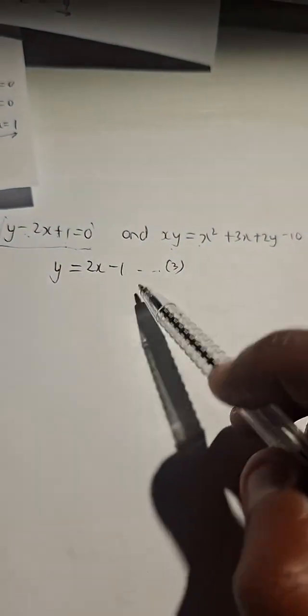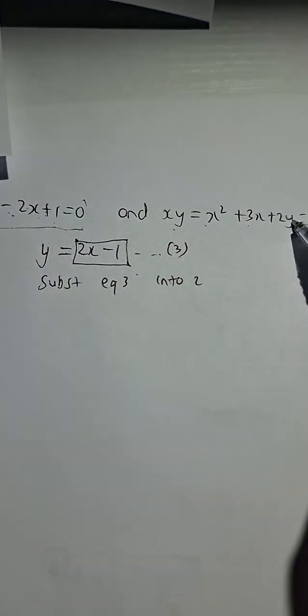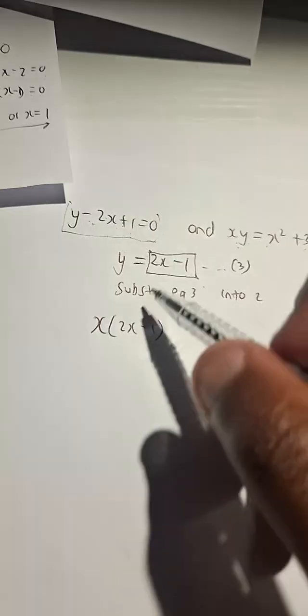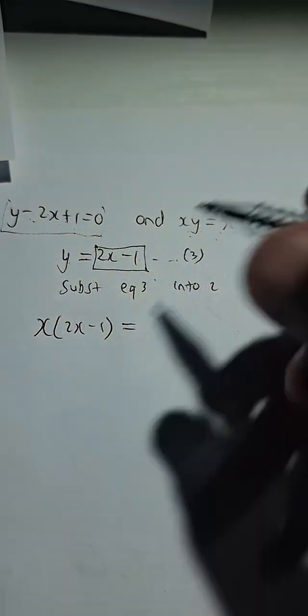Remember, this was equation 1, this was equation 2. So you make equation 1 equation 3. Then what do you do after that? You substitute equation 3 into which equation? Equation 2. So where y is, what are you substituting in its place? 2x minus 1. So we write x, followed by y, where y is 2x minus 1, equal x squared